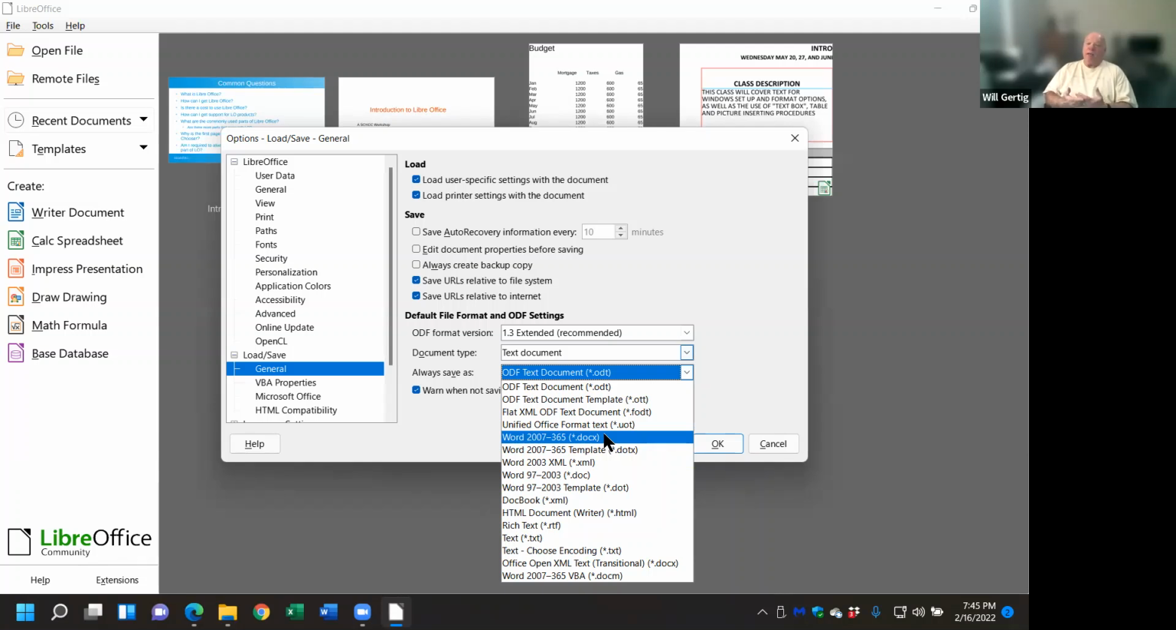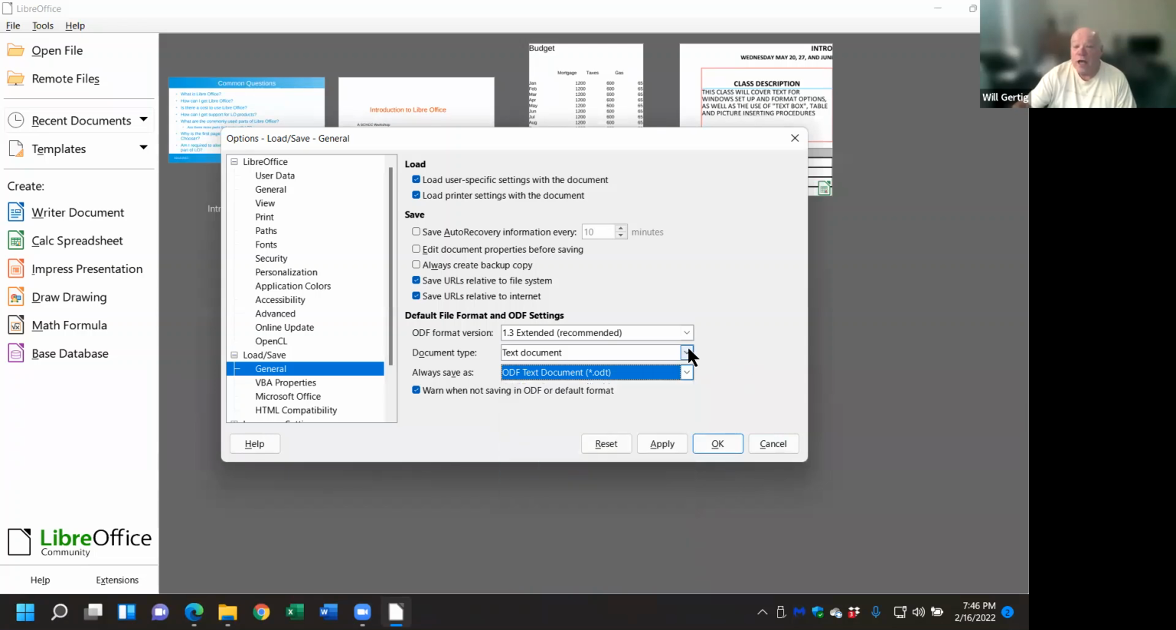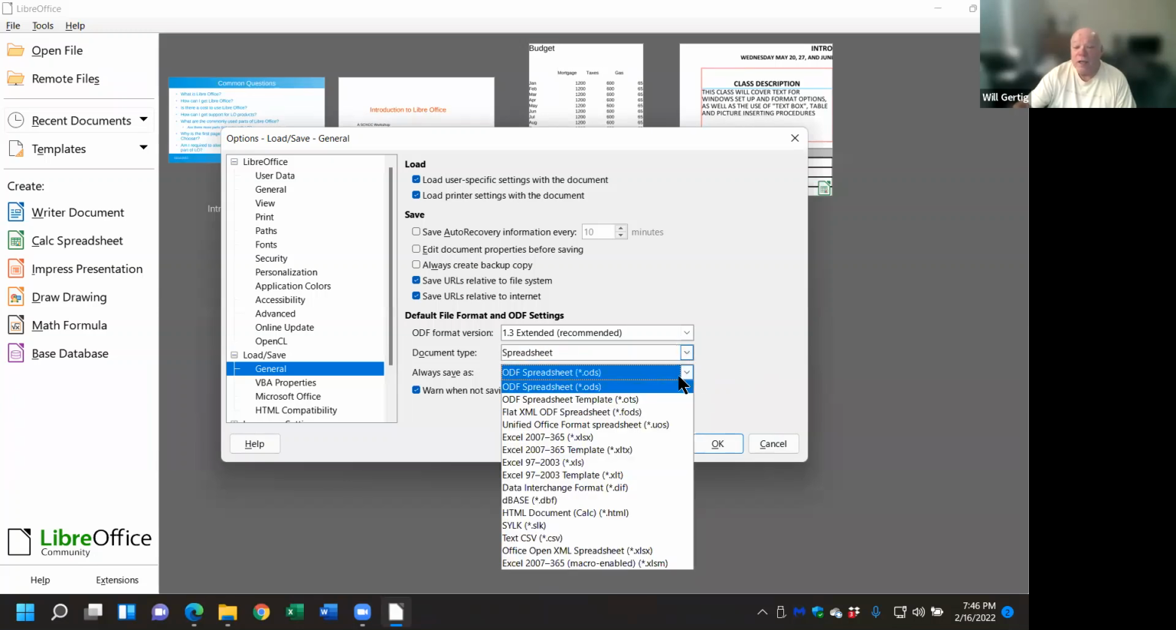If you send somebody an ODT file and they have only Microsoft Office, they won't be able to open it. So you're basically writing a letter that they can't open. So you can see that there's some concerns with that. So as a general rule, I recommend that if you're going to use this tool, you tell it to save as a .doc file. You can also change not only your text documents, but your spreadsheets to a XLS file,